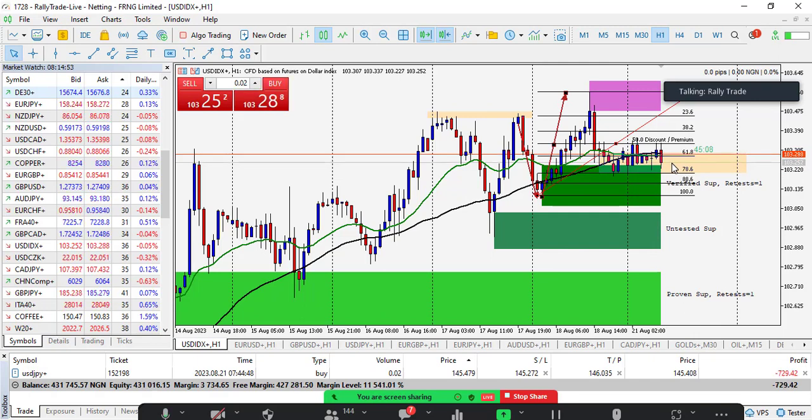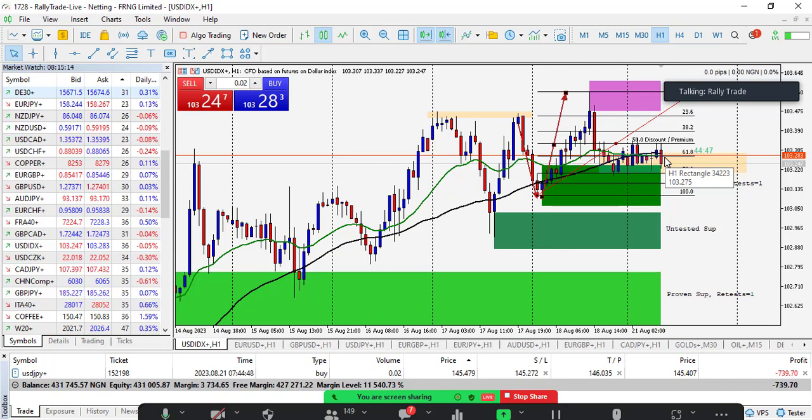So if this is a point of interest, it will no longer be a point for a sell, it will actually be a point for a buy, right? So I want to be buying the dollar because we're already seeing high demand here. So this is an area of demand for the dollar. So I want to be buying the dollar.